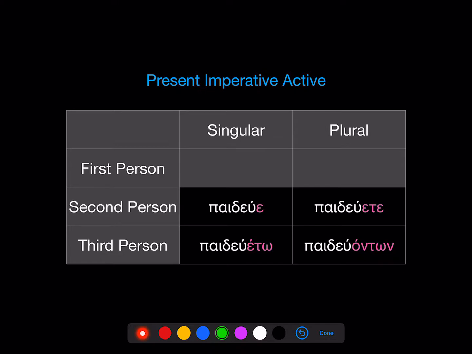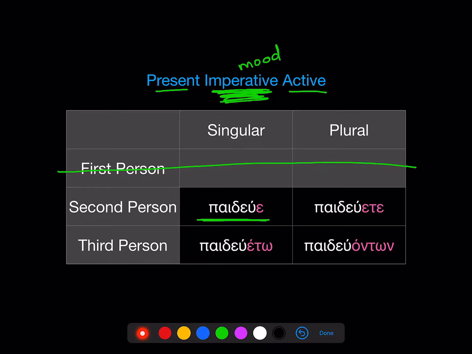And now the present imperative active. So this is present tense, imperative mood, and again, active voice. So if the indicative mood is just for statements of fact, the imperative mood is for commands. So these are command forms. There isn't a first person singular or plural, but here's the second person singular,